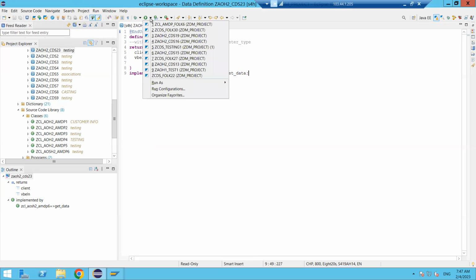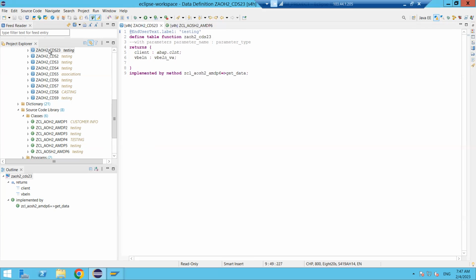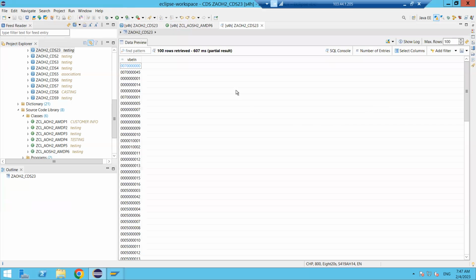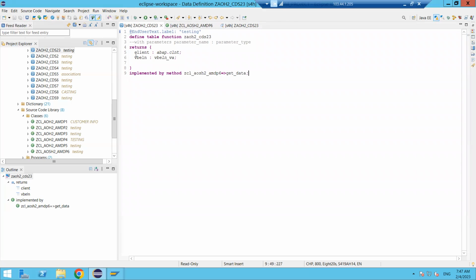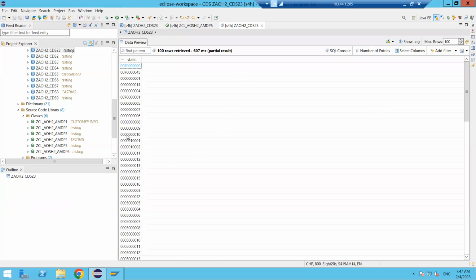Okay, here run as, otherwise right click on this and click on F8 button. So it is showing something, VBELN here. This is the MANDT field. It is not required to display the MANDT field, the mandatory field, right? So just VBELN is coming here. Fine. Now,